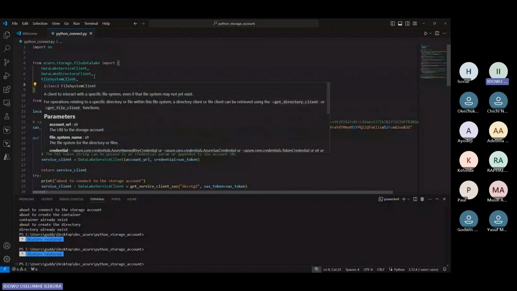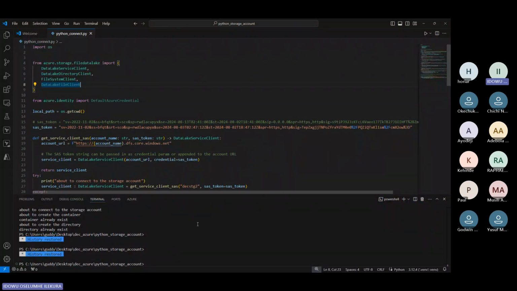So here, once you have installed the command I sent in the group, it gives you access to the module that you can use to connect to Azure Data Lake Gen 2. I think it's on the group chat. So for those that are yet to